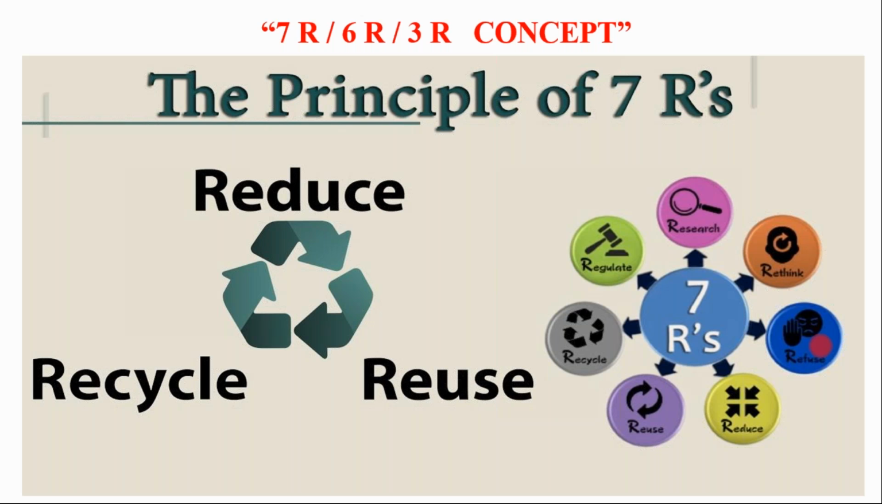So that is called refuse. Then rethink. This is one of the R's where, if you are manufacturing PET bottles or some products using different chemicals like cellulose acetate or polyethylene terephthalate or some other, and if there is a technique where you can substitute this material by a better